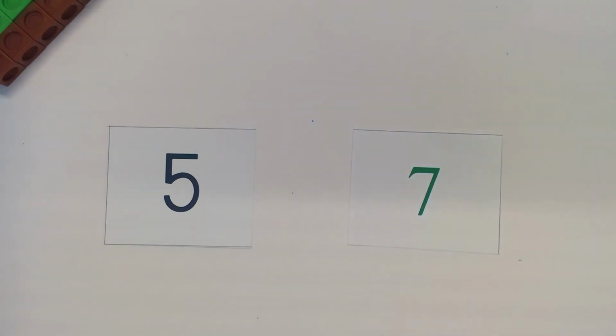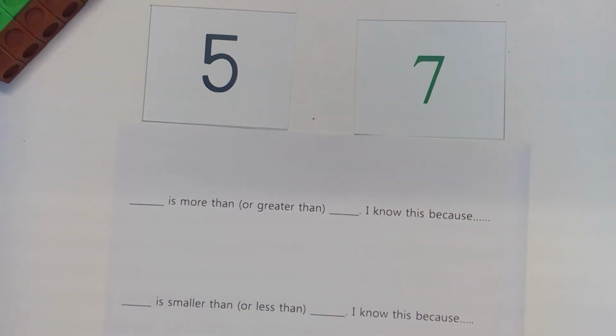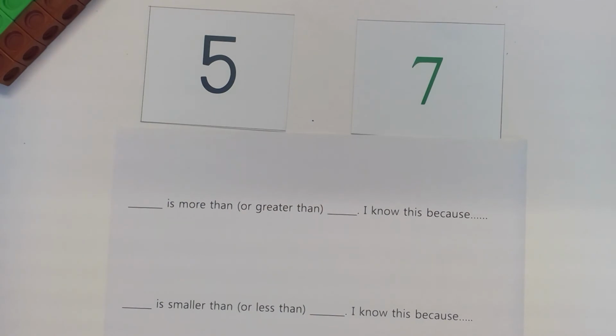To help the students with that, we can provide some sentence stems for them. We would just have something typed out that they could use to do the comparison. When they share, I know this because they can talk about a number line: the 7 is further away from 0 on the number line than the 5 is. So all of these things will come together with them just doing their